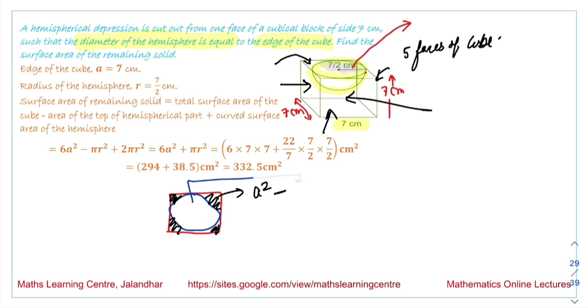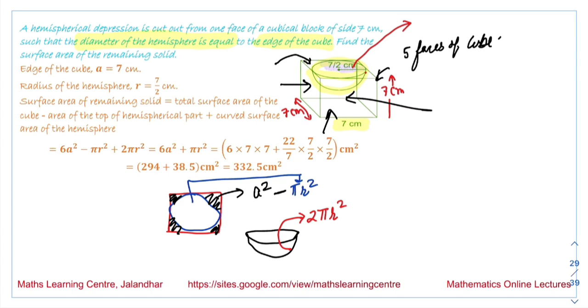The area of this circular region is pi r square. After this, the circular region is like this, a hemisphere over here, and the area of this hemispherical region will be equal to 2 pi r square. So the total surface area that we will have, that is, the area of this whole cuboid,